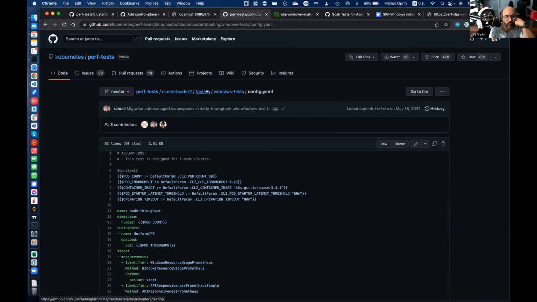The only thing that I showed you with the local development cluster is because of the last pull request, not test infra, perf tests. So I did a PR four days ago that updated the perf dash to a newer version. So that needs to be deployed.